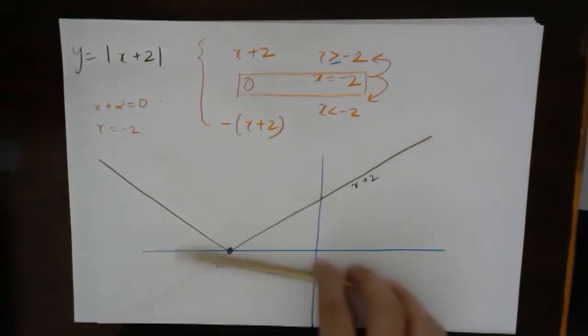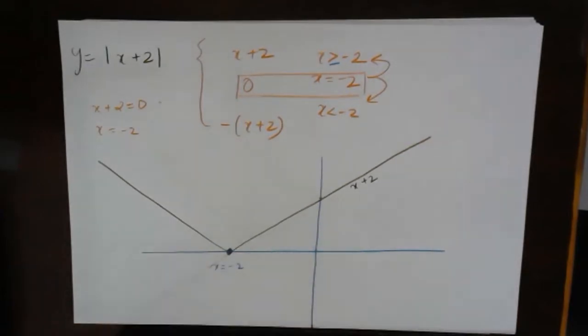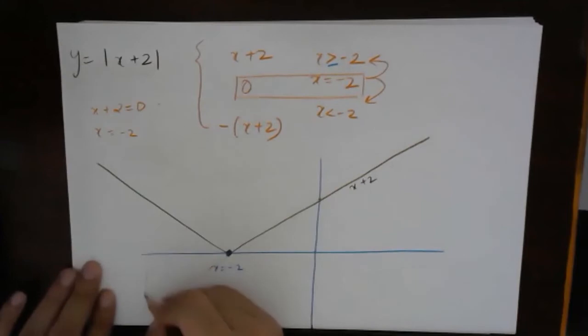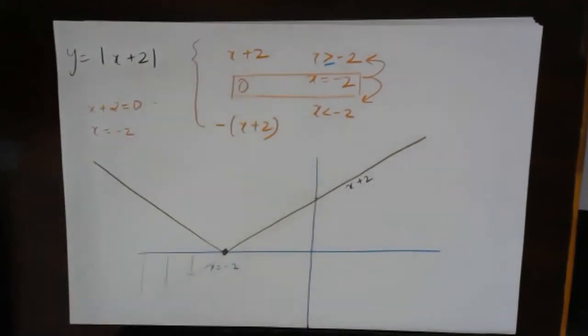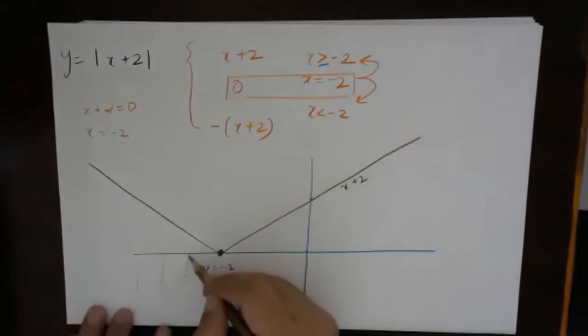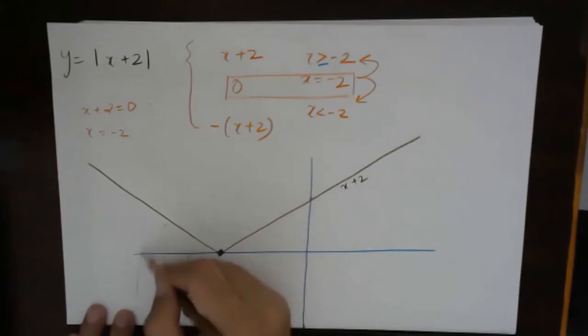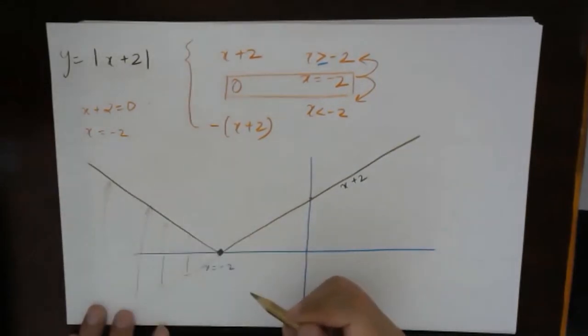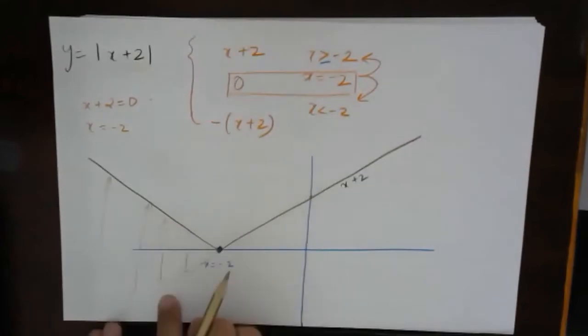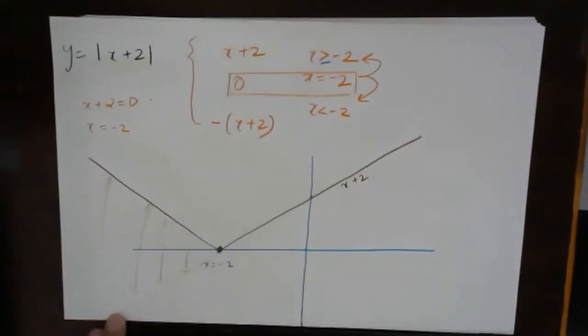whatever was below the x-axis, the same thing will now take values as positive instead of negative. So whatever is down, the same thing will come up. Basically, this is nothing but the mirror image of the bottom part. Whatever is below the x-axis, we will simply take it upward.